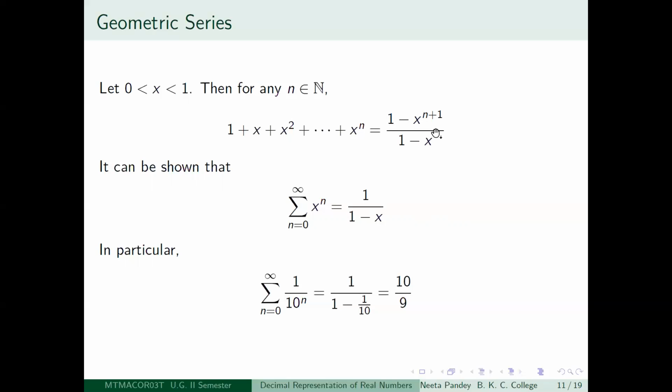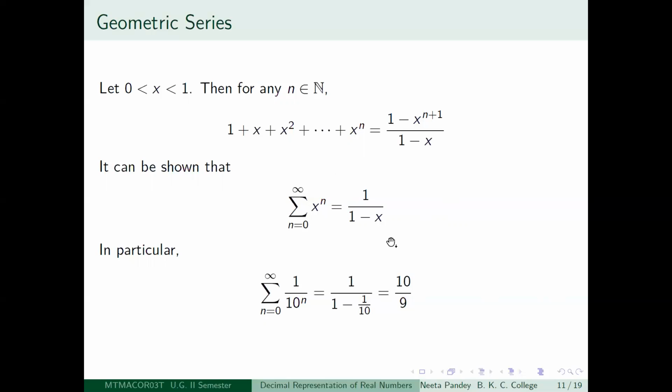Now philosophically speaking, what is actually happening here is that x is a smaller number than 1. So if you just multiply this by x again, you will get x squared is less than x, and then again multiply by x, you will get x cube is less than x squared, and so on. So what you are getting is this x to the power n plus 1. This number, as you make n larger and larger, goes towards 0. So precisely speaking, we say that the limit as n tends to infinity of x to the power n is 0. So that is the reason why this series is expressed as 1 by 1 minus x.